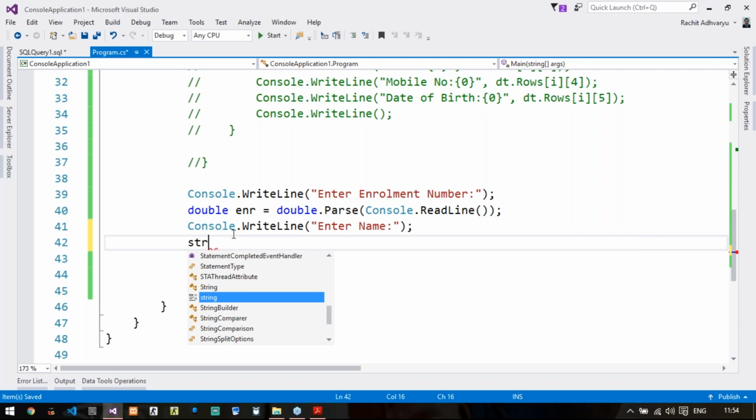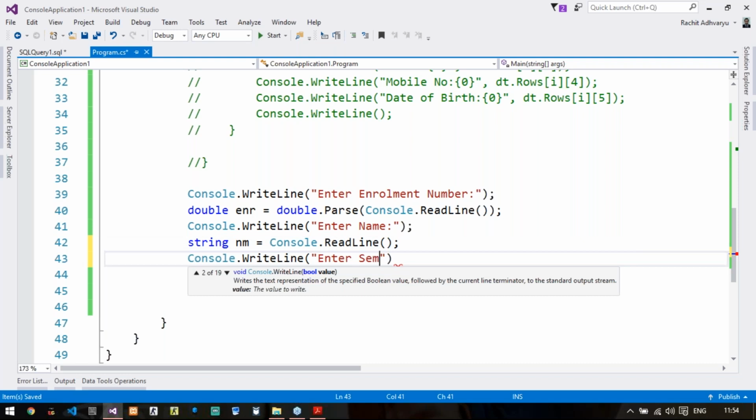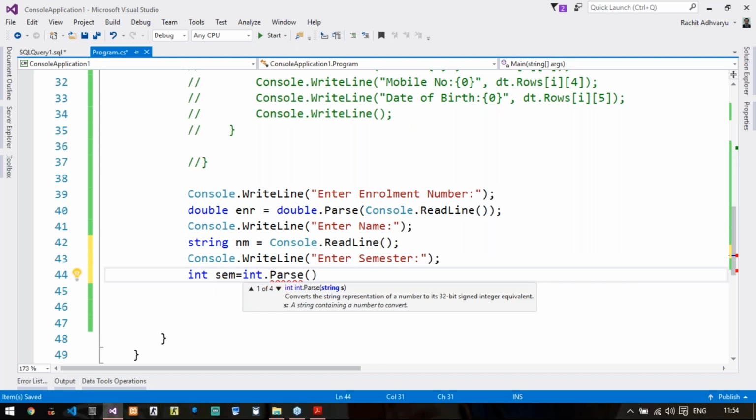Now semester is again an integer. I will take integer sem equals int.Parse(Console.ReadLine()). You can also use Convert.ToInt32 or Convert.ToDouble instead of double.Parse or int.Parse. It is okay. Anything you write is okay.